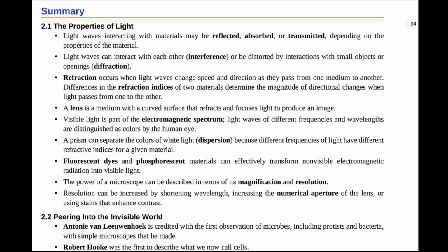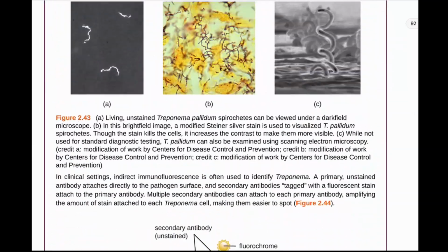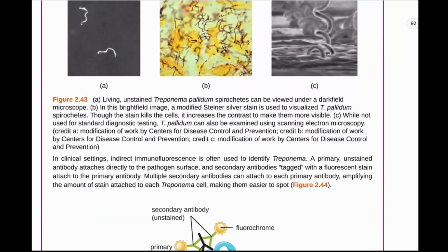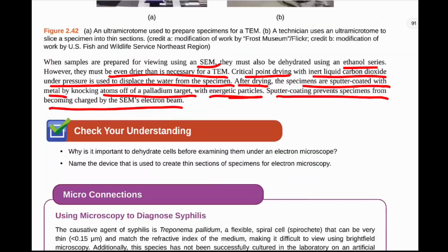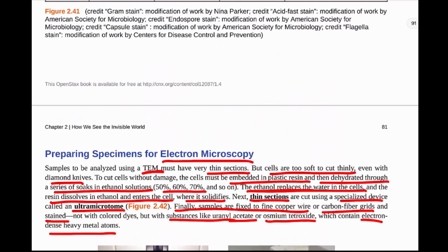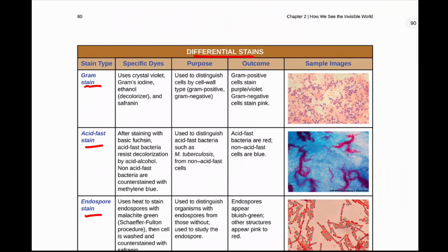So make sure that you know, going back up here, just this last section, make sure you know how to prepare slides for fluorescence and confocal and for the 2-photon. Remember how to prepare slides for the electron microscopy, TEM and SEM. And then these are very, very helpful charts. So you should know the information that's contained within them, the stain type, the dyes that are used, the purpose,